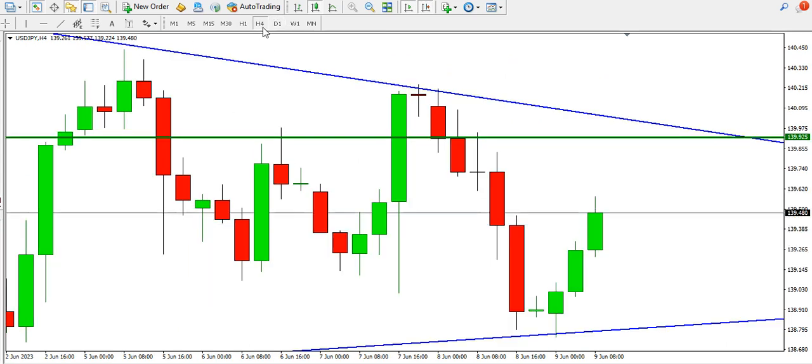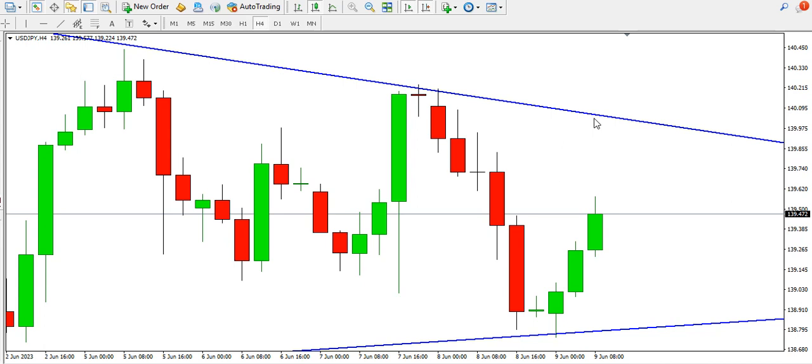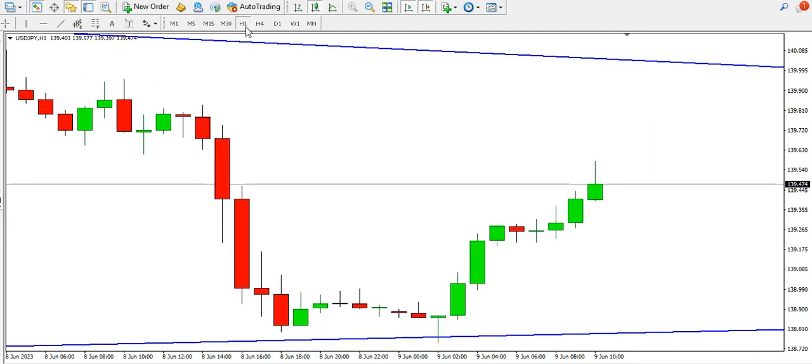On the 4-hour time frame, you can see that the range still continues. Price is forming a high around here. We have a low. It's a lower high, and this is like a lower low. We also have a higher high. This high is higher than this high. Then we have a lower low. So more like price is gradually ranging within this particular triangle. So we might want to wait for a range breakout. But for now,